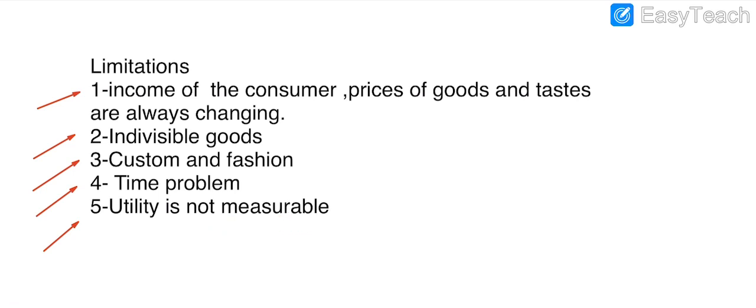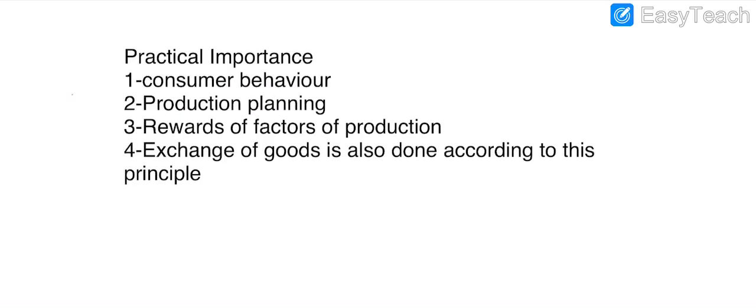Next, we see the practical importance of the law. And what is the practical importance? If we see, this law is actually beneficial for the consumers when they do shopping in practical life. Consciously or unconsciously they are purchasing by keeping in their mind the utilities of the commodities, and they spend on those commodities which have the most benefit for them. And if we see in the field of production, we see the attitude of the firms, they also spend in such a way, purchasing those factors of production which give them maximum utility.